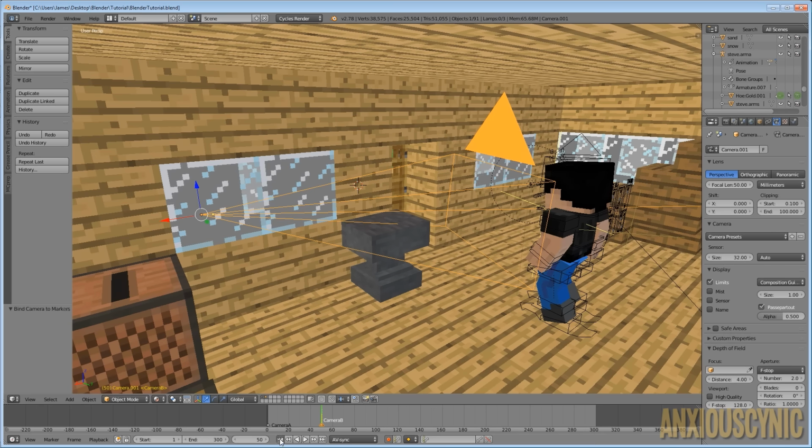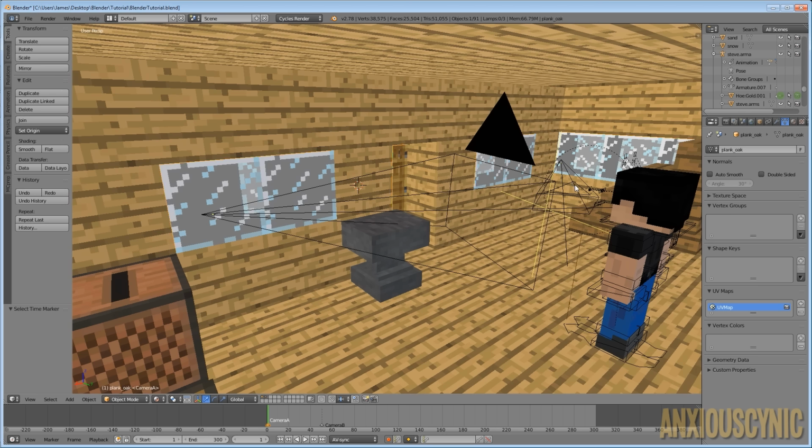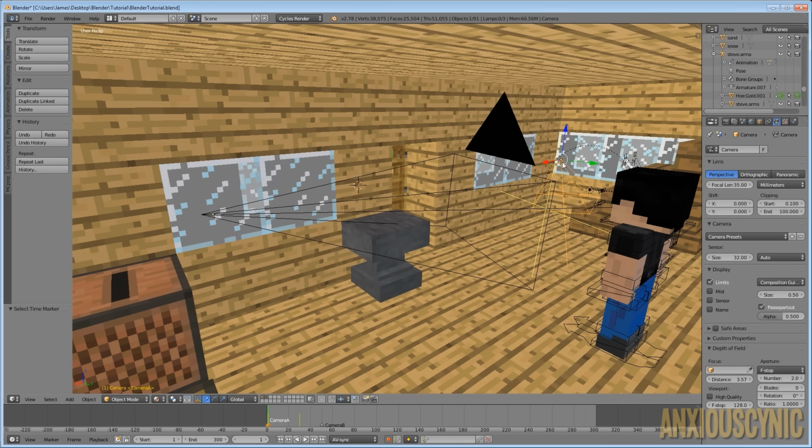So let's go back to the first marker, and we're going to click on it to highlight it. As you can see, we have camera A marker selected. And what we want to do is actually select the other camera. If I can select it, there we go. We have that selected, and it's not our active camera at the moment. I don't know if that matters. Let's find out. I'm going to have that selected and this marker selected. I'm going to hit Control and B, and as you can see, that just made it the active camera.